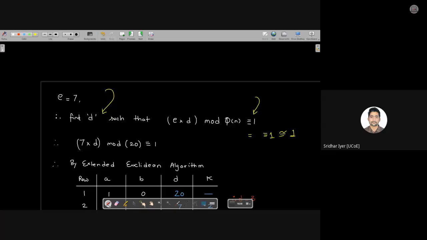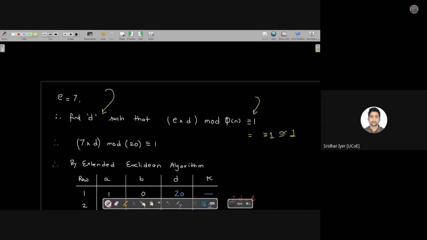It is not necessary that only if the value of d is 3 will the answer come. It can be any different value which can satisfy this equation and we will still get the answer as 1. But the only catch is that the value has to be less than 20. Why? Because we are taking a mod by 20. Am I clear? I'm again going back into the basics of maths, modular theory, just to make it clear. I don't want to rush into things, right? So if you're clear with this, let's move ahead. Kindly give me a nod if it's clear or not.